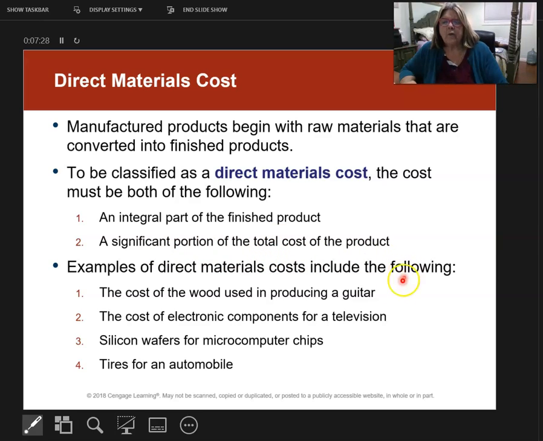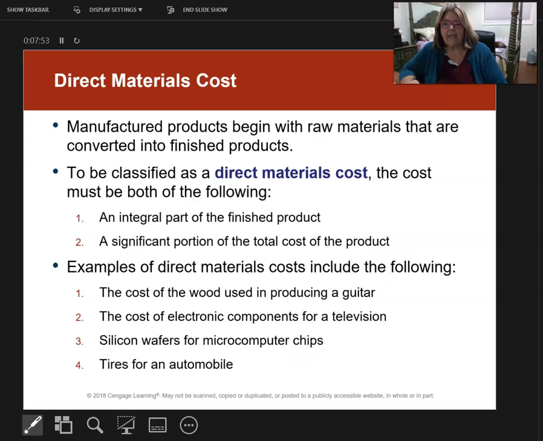Here are some examples of direct materials based upon different cost objects. Tires for an automobile. Without tires, the car is not going very far anyway. The cost of electronic components for a television. So this is how to know if it's a direct materials cost. It has to meet both of these